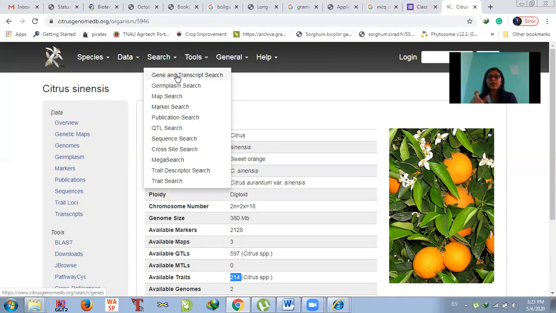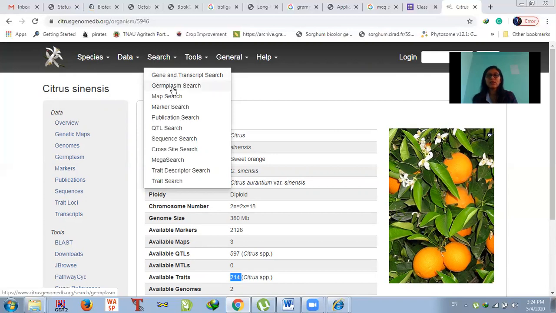If you are interested in finding the genes and transcripts within a certain base pair range, for example 1 lakh to 2 lakh base pairs in a particular species, and within that genomic region you want to find out what kinds of genes, what number of genes, and what transcripts are present, you can easily find out using this gene and transcript search, or you can use the JBrowse option, which is available in the tools. So you can make that type of search using this gene and transcript search.